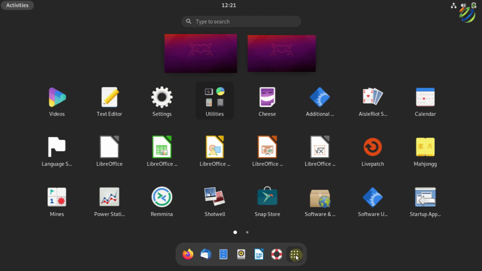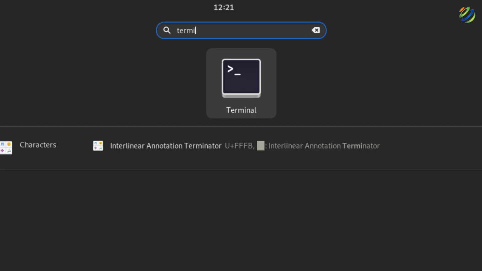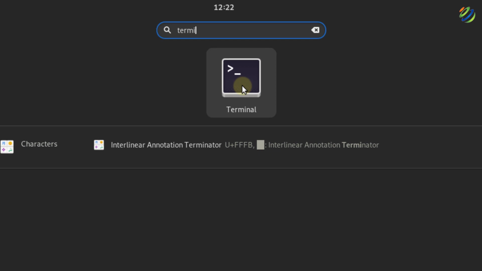For example, I want to look for my terminal. For that purpose, I do not have to search for terminal through my different applications and software. I can just start typing terminal like this, and here you can see that it is showing me the application. So now I just have to click it and I can start working on it.